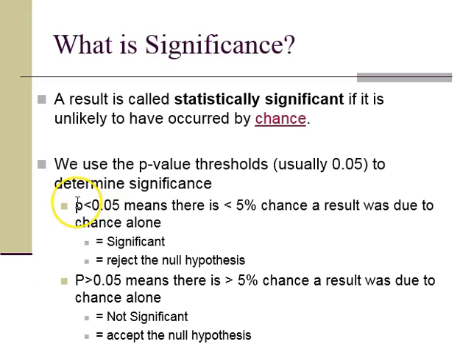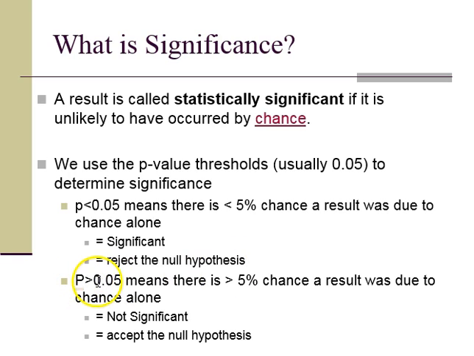If we return a p-value, or we have a probability that's less than 0.05, what that means is there's less than a 5% chance that the result we found was just due to random chance alone. Okay, so this p less than 0.05, or this less than 5% chance that it was just random variability, means we have a significant result. And if we have a significant result, it means we reject the null hypothesis. Remember, the null was that there was nothing interesting, no difference, no relationships, right?